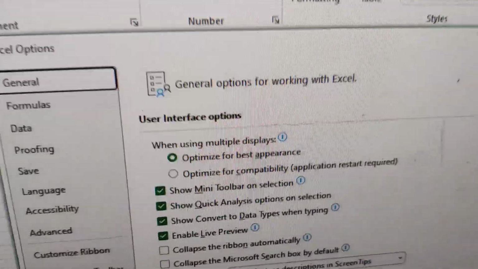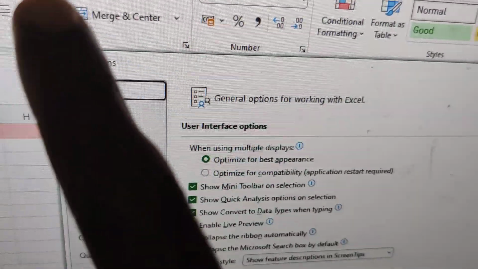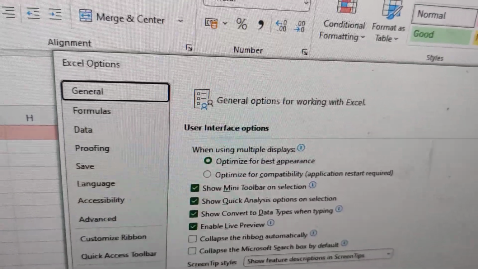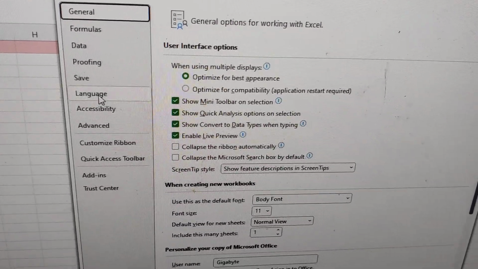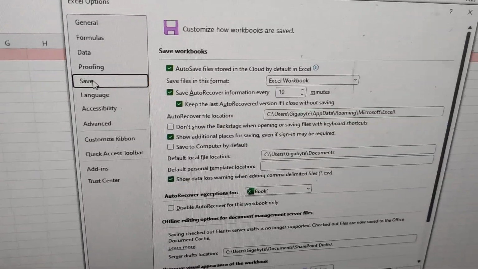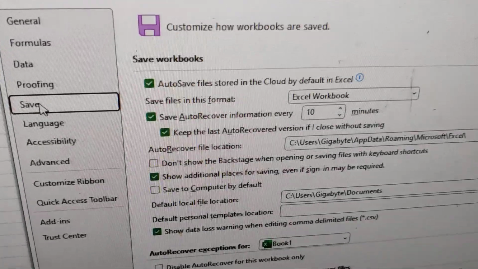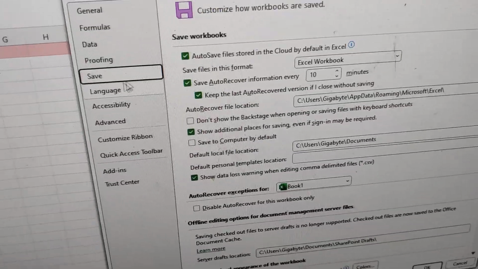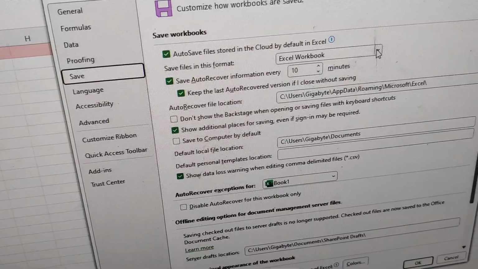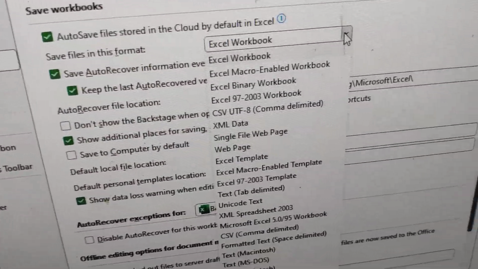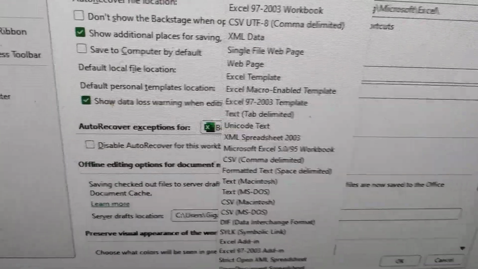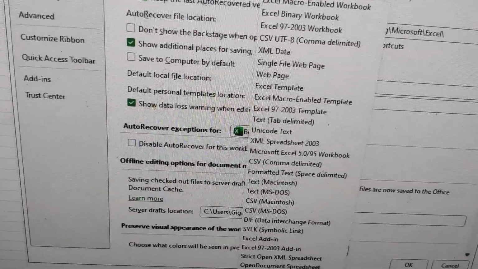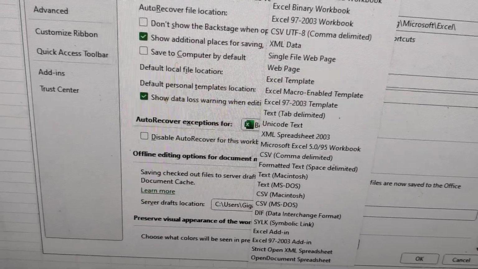So now you can see here Excel Options: General, Formulas, Data Proofing, Save, etc. Here you must click this Save, and it's in the Excel Workbook format. And if you want to save this file in another format, you must click here, and from there choose the format you want. I am going to show in this video how to save this as